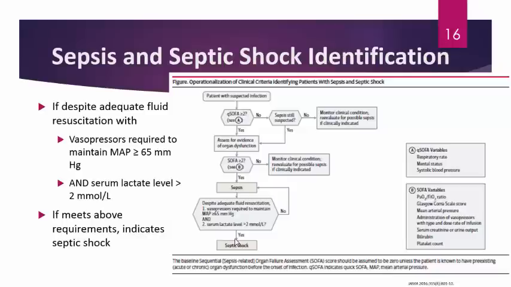So kind of going back and recapping, you have to have a suspected infection first, as always with sepsis. At that point, you should calculate a Q-SOFA score. If you have a Q-SOFA score of 2, then you go on to your SOFA score. If you have a SOFA score of at least 2, you're considered sepsis. Once you're considered sepsis, if you have vasopressors on and you have a lactate greater than 2, then you can